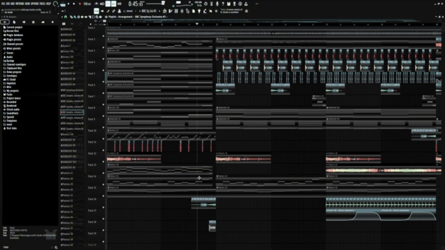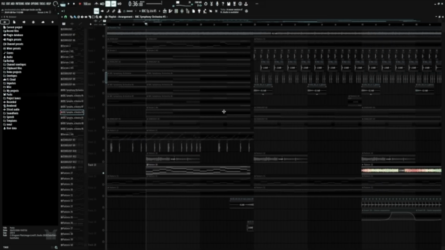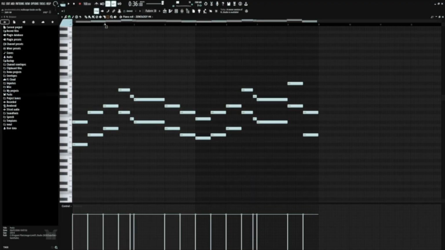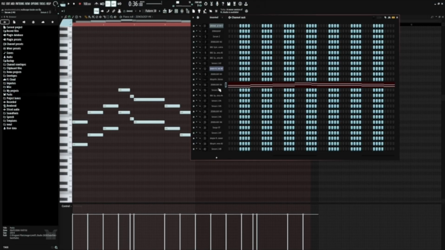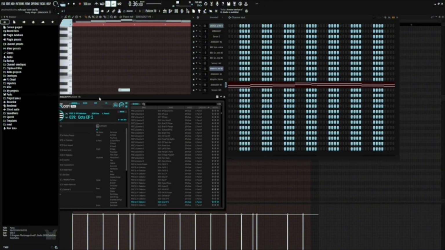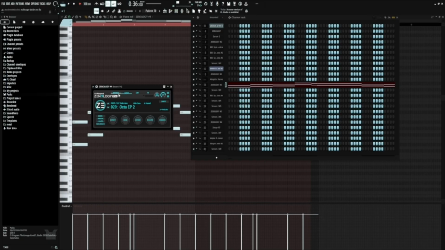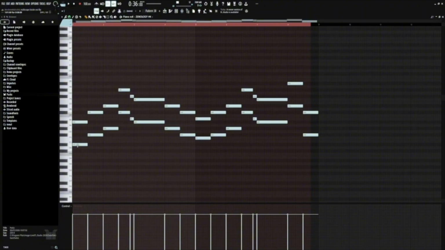Also, one more thing. I copy and pasted the main melody from the piano, and loaded up another Synology, where I got an EP, and I just basically stacked it with the sevenths.